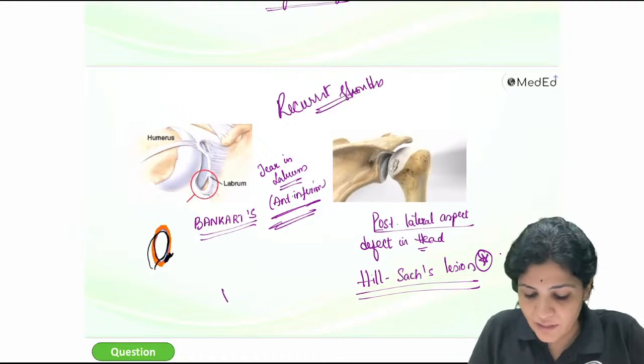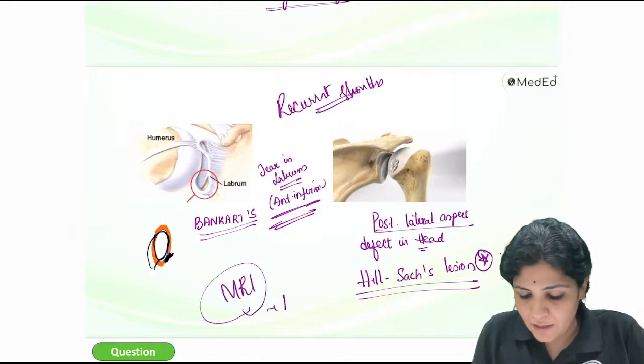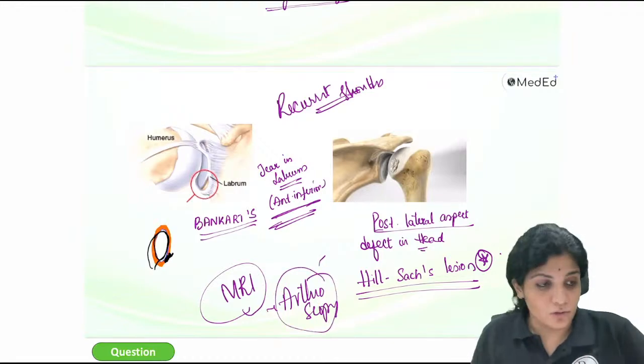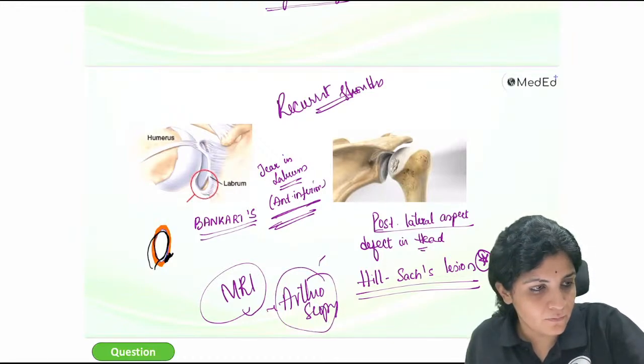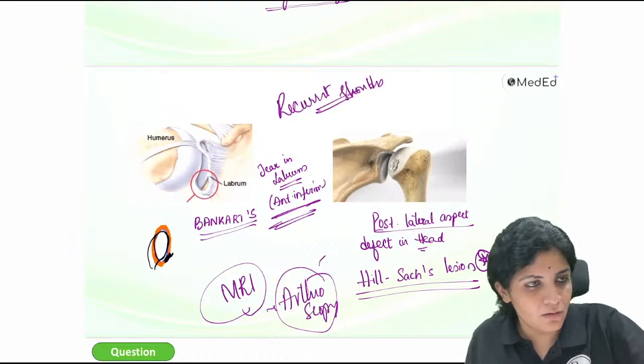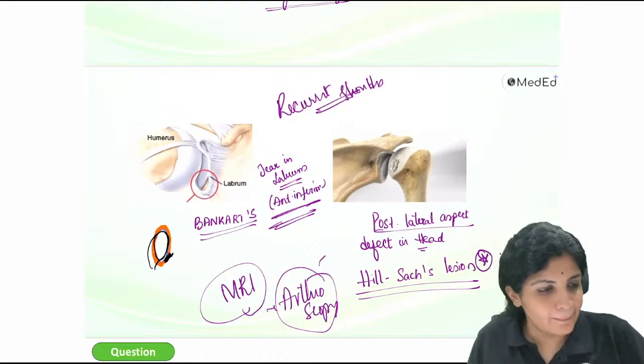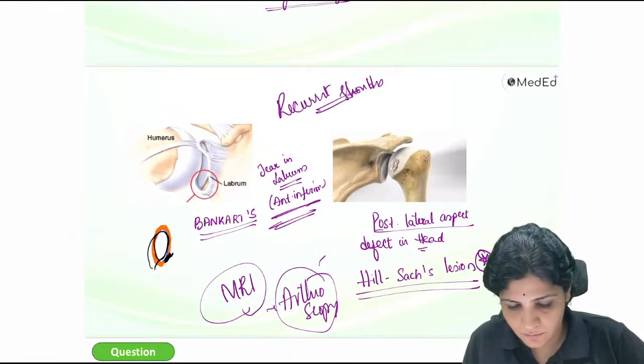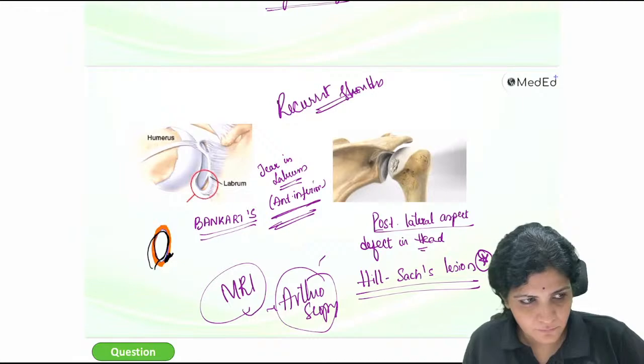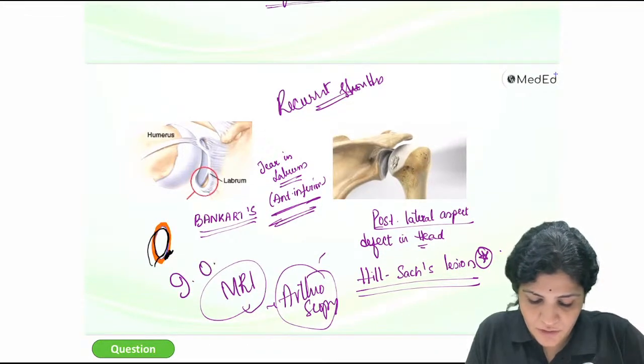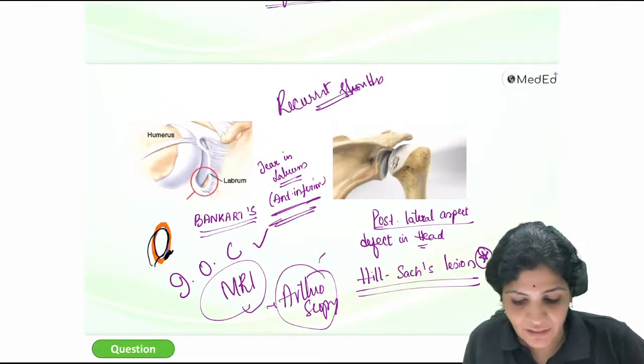And how do you identify? You go for an MRI and you go for arthroscopy repair. Shoulder arthroscopy. Okay. Yes, investigation of choice. Investigation of choice to identify these lesions is